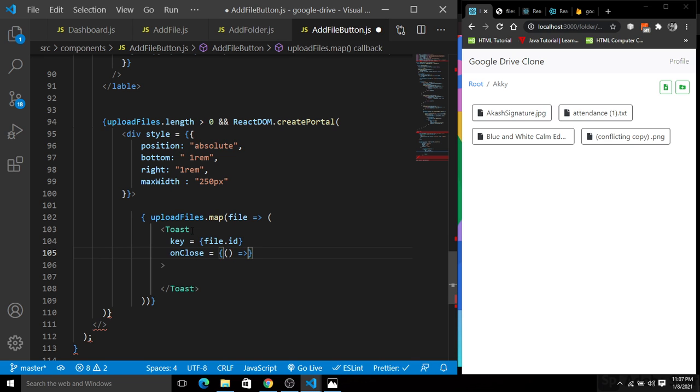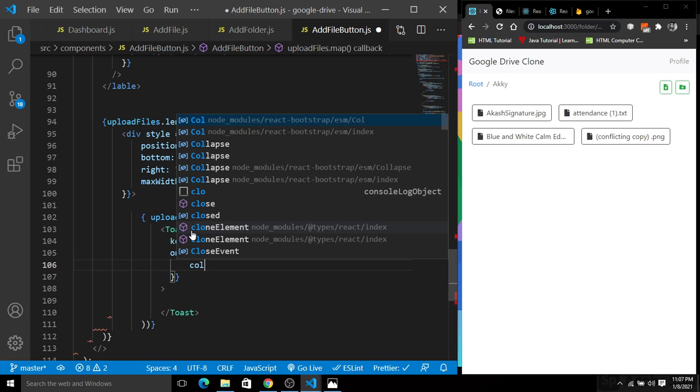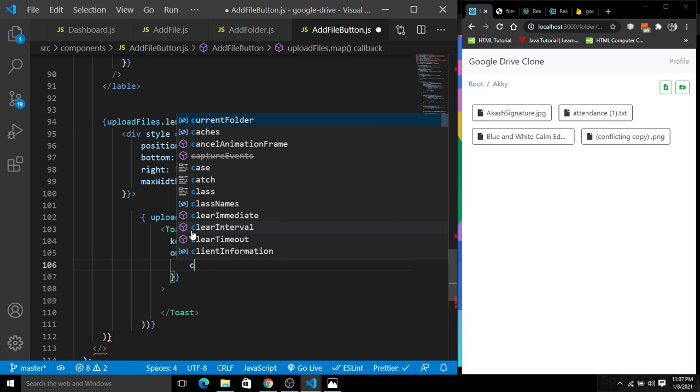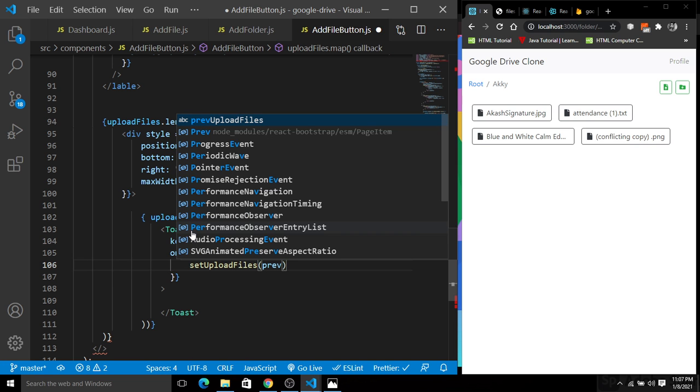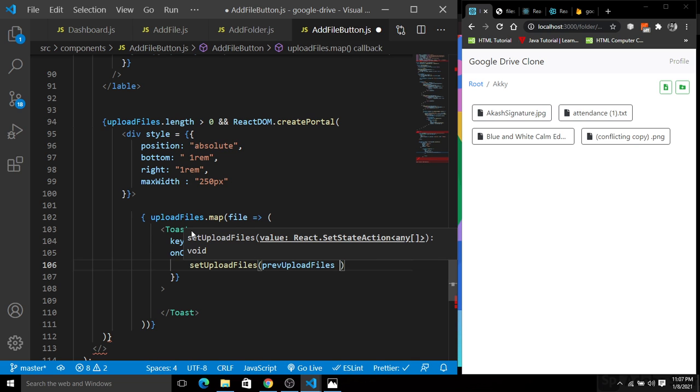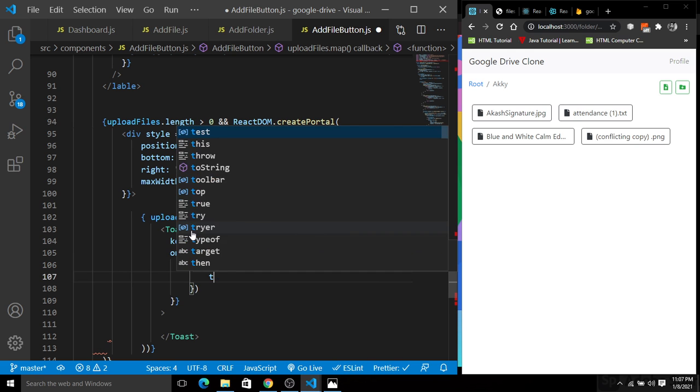I'm going to create an empty arrow function here. I will console log it later. So I'm going to call the function setUploadFiles, and inside of this give a prevUploadFiles, create an arrow function here and simply return